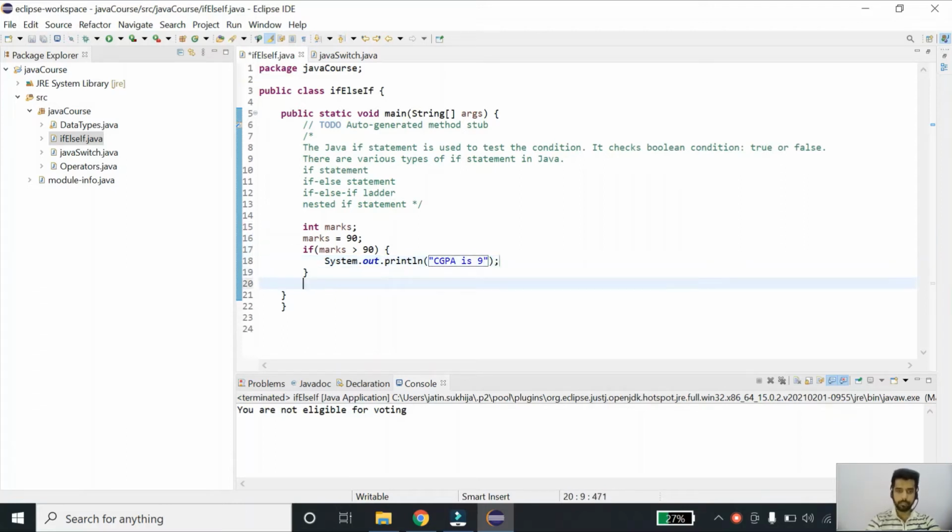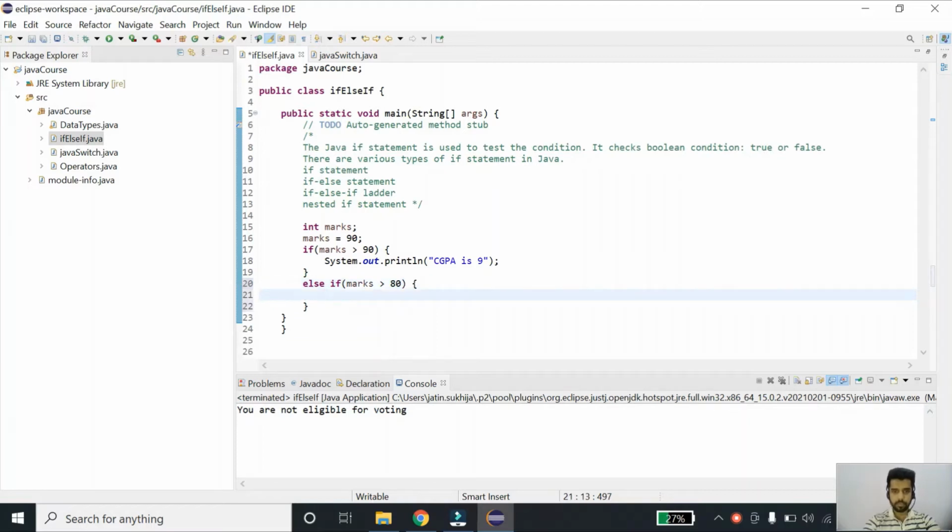Now there can be a condition if my marks is greater than 80, then my CGPA will be 8.